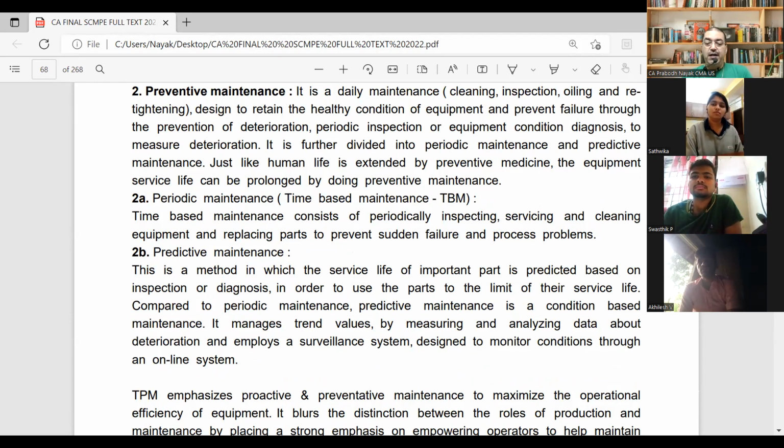Second is predictive maintenance. Predictive, when you know that certain machines use ball bearings. So those ball bearings wear out in time. So you may have a prediction that these ball bearings which are being used, or these nuts and bolts which are being used in the machines, they may last for a particular period of time. So you have a prediction that this is going to last for only 3 months. So you replace those ball bearings as soon as 3 months are over, irrespective of whether they have worn out or not, because you want to do preventive maintenance.